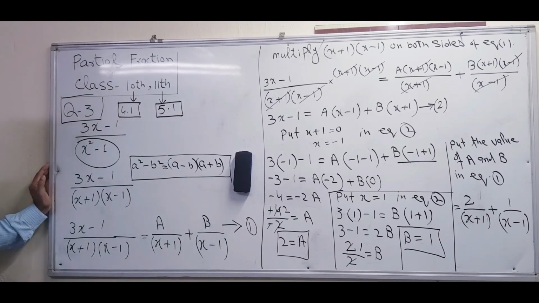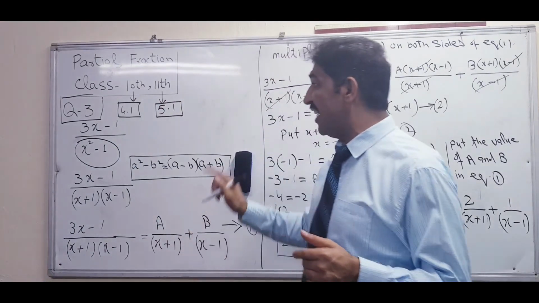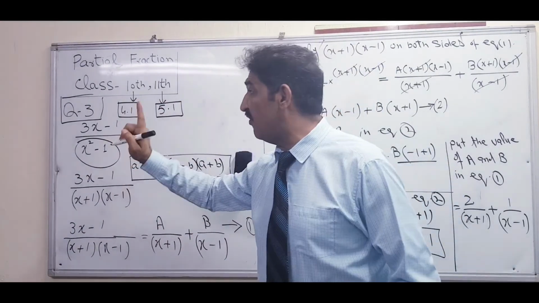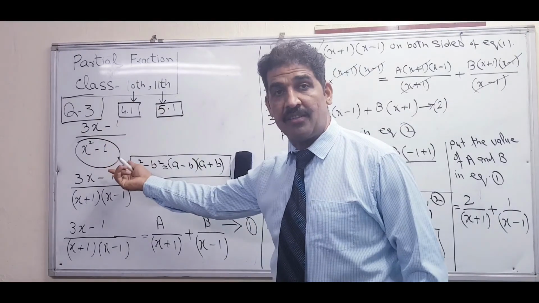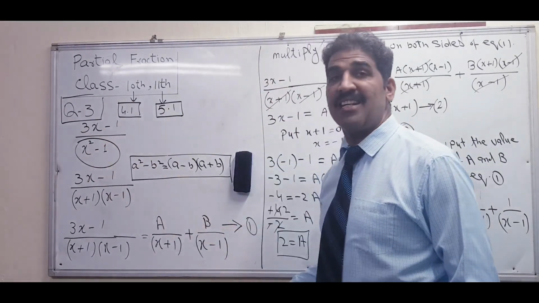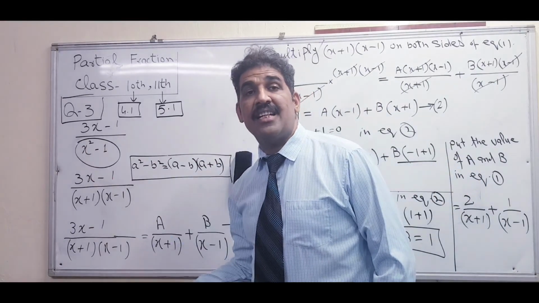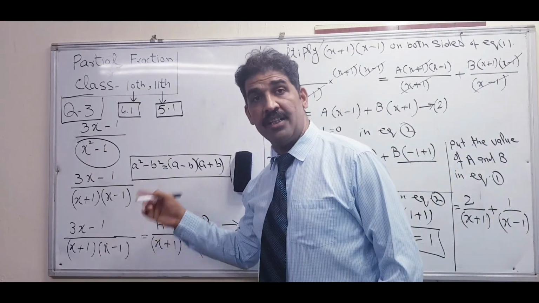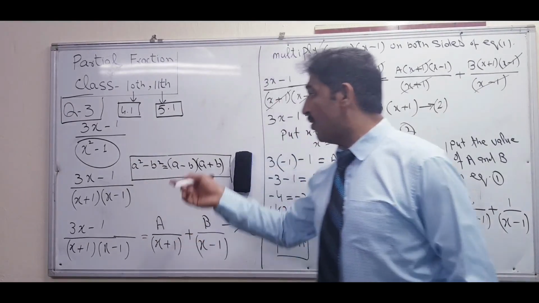The statement of the question is changed, but the procedure is the same. So what's in case 1? When the denominator has only linear factors. If it is not given as linear, make it linear factors first, then after that go to the second step. Because when it is not possible to make the linear factors, then the type of the solution will change. So that will come in exercise 4.2. So all questions are the same like that.